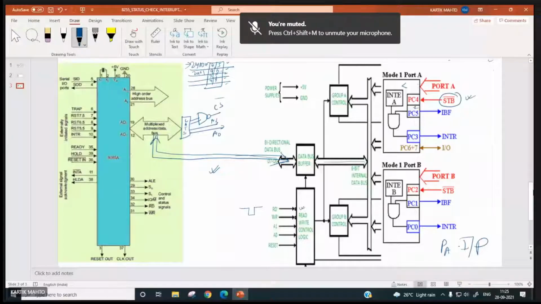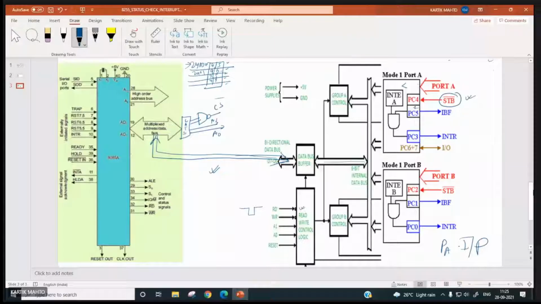PC4 is STB bar and IBF is PC5. PC0 to PC3 is PC lower and PC4 to PC7 are PC upper. So port A has to be input, and in mode 1, because we are going for status check or programmed IO.